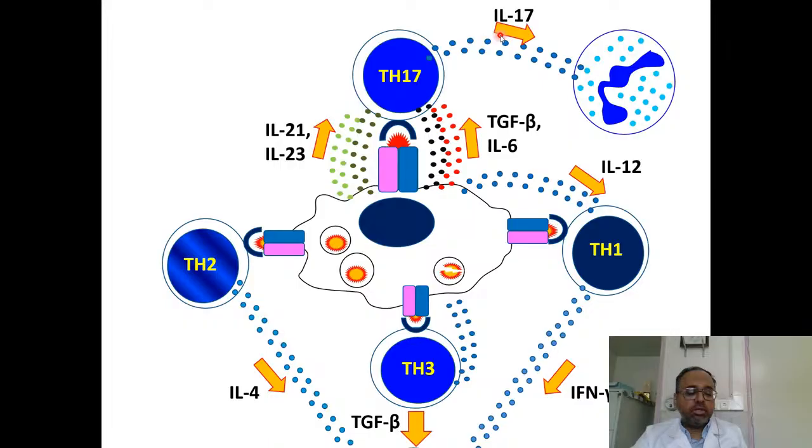Like somebody has a son named Hassan, for instance, in Arabic, and the father will be named Abu Hassan, the father of Hassan. So this is like that. This TH17 is basically Abu IL-17, the father of IL-17. Or you can call it IL-17 if you want to consider it mother. So it's Abu IL-17, the father of IL-17. That's why it's got the name 17 in it.